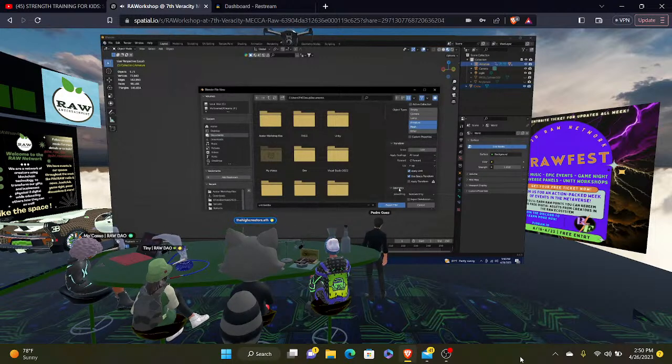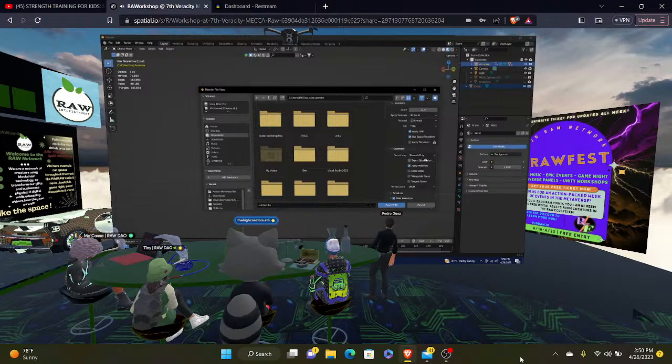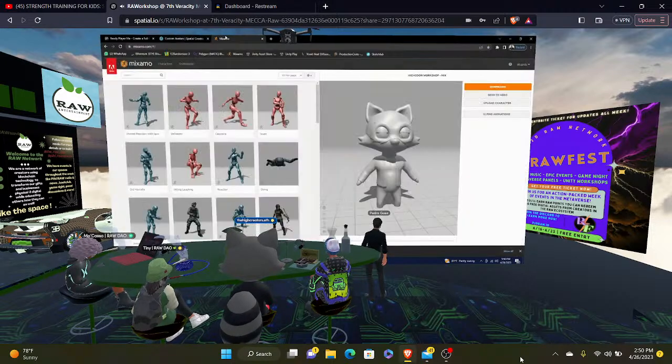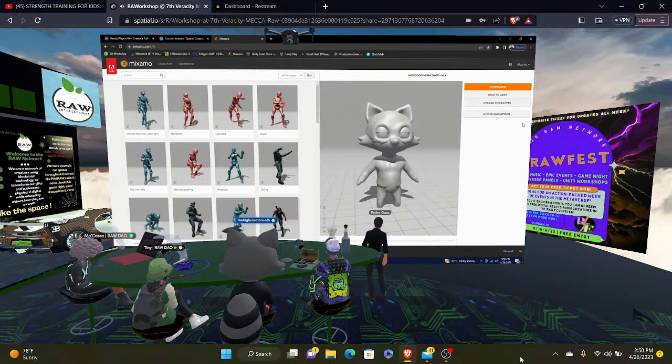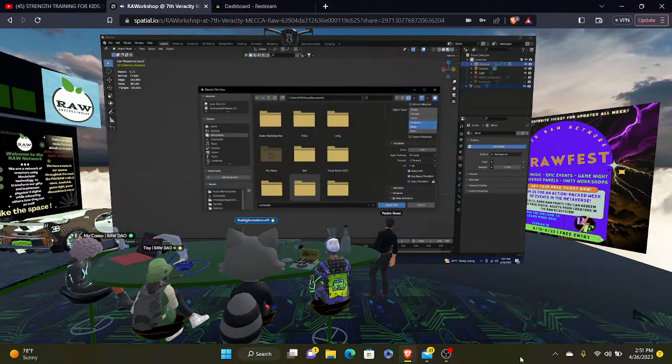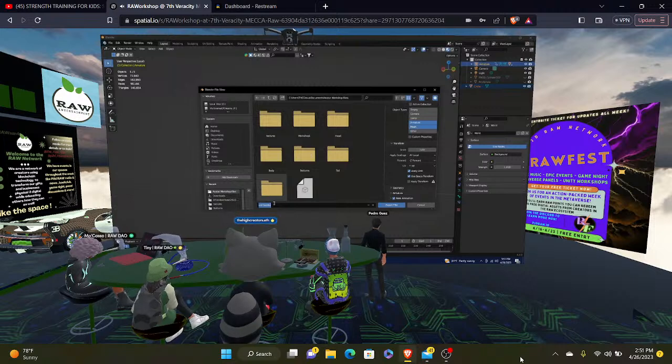Transforms, you can leave them as is. In the geometry section, change the smoothing to face. And the armature and the animation tabs, you can leave them as is because we have made sure that we do not export any types of animations from Mixamo by deleting any that we may have clicked. So once you have all of that, make sure you know where you are saving your avatar and give it